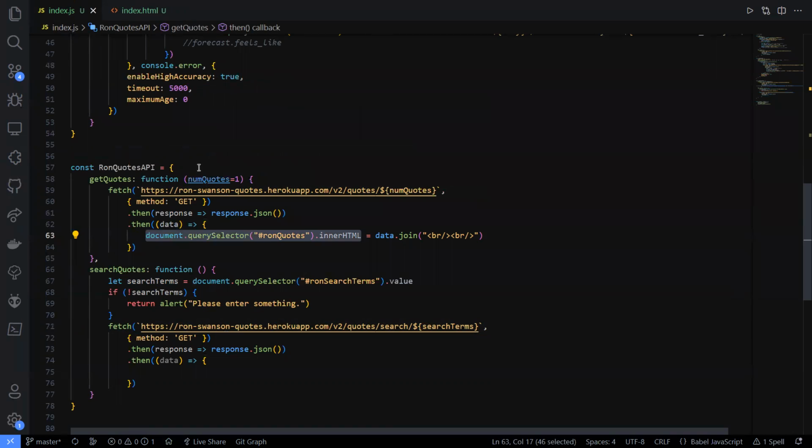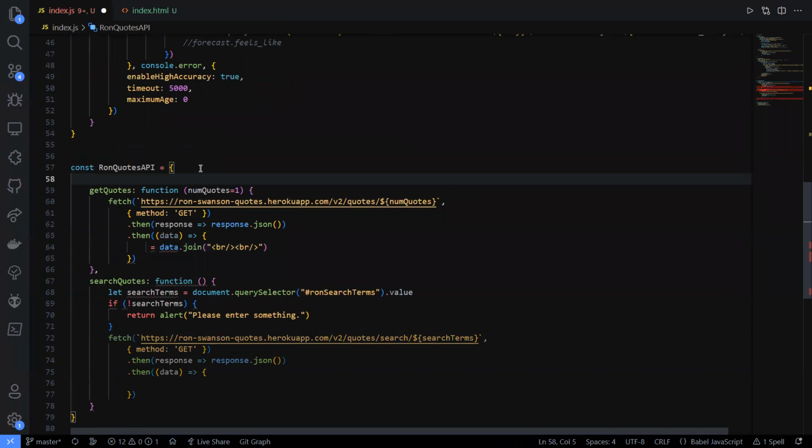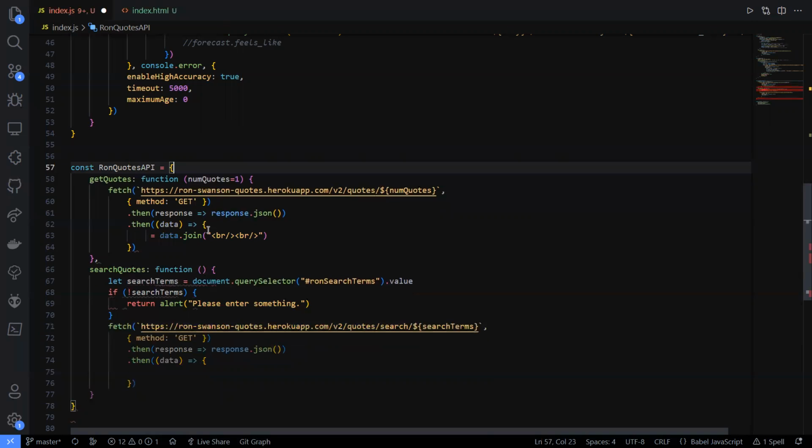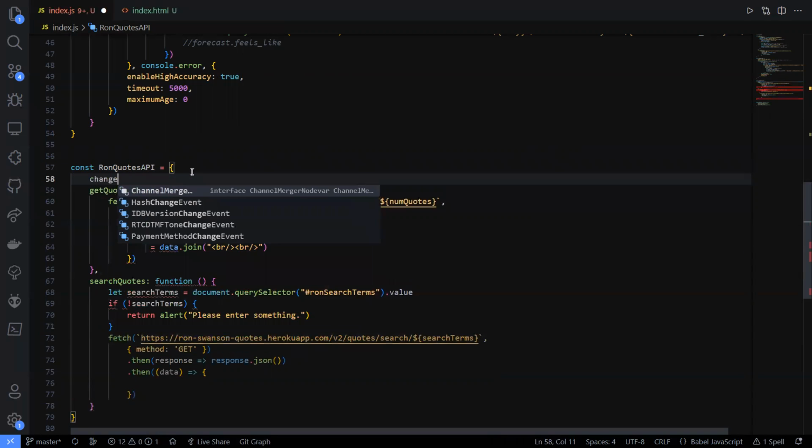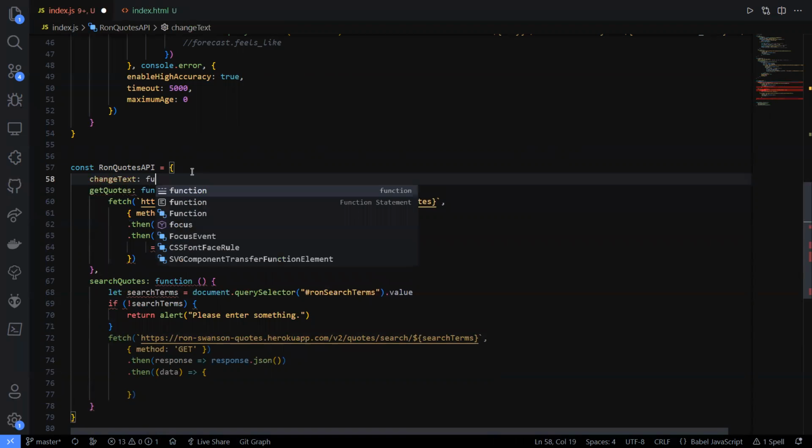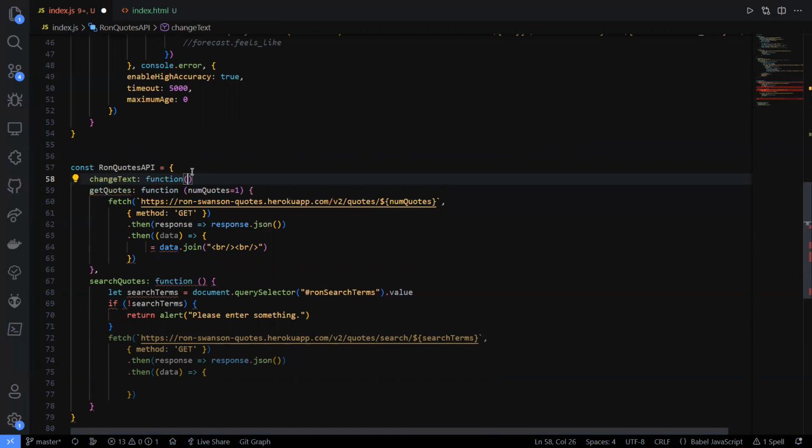So for the sake of making this less complicated, I'm going to make it more modular. I'm going to cut that from here and put it in its own method called change text. I should have done this with the other ones. This will be a function with